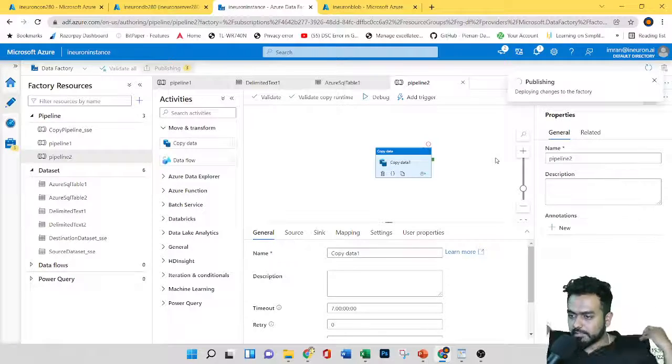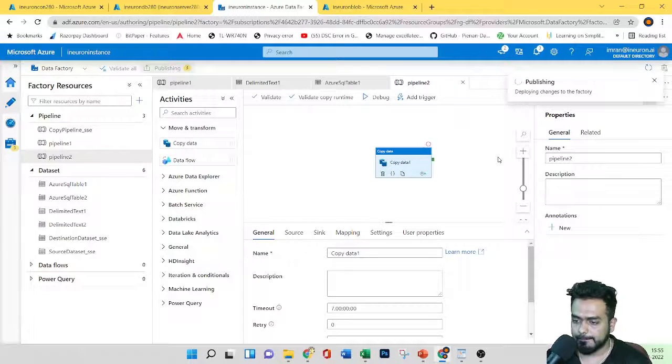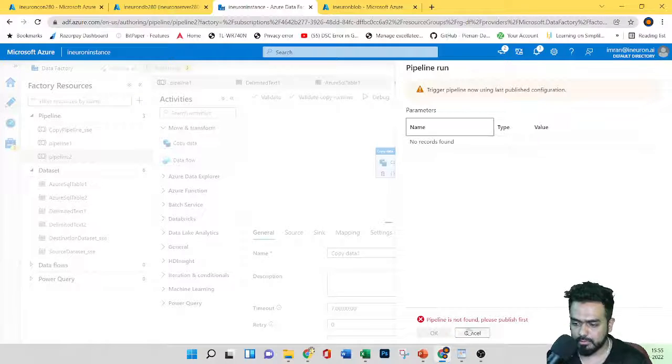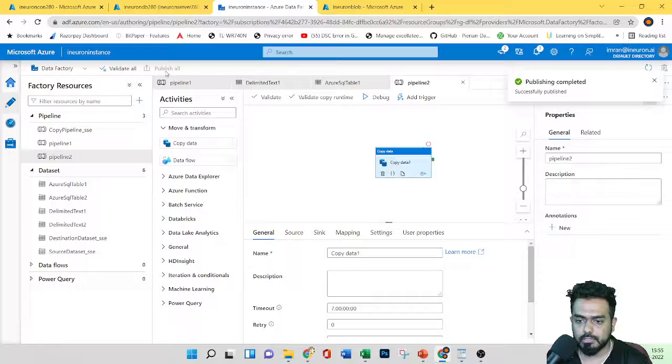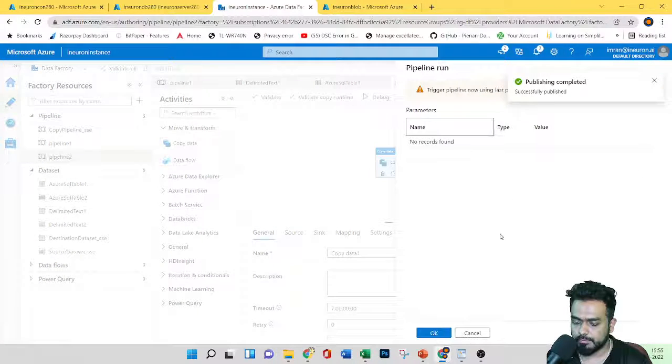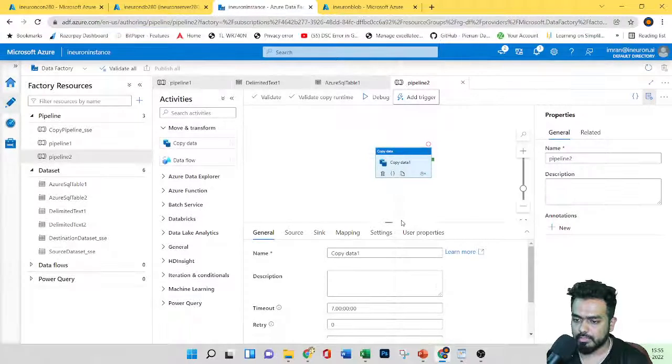Let's see how we can add the parameters. First, this is done, so now let's trigger it. First we need to publish it. Publishing is done, so add trigger now. Click OK.